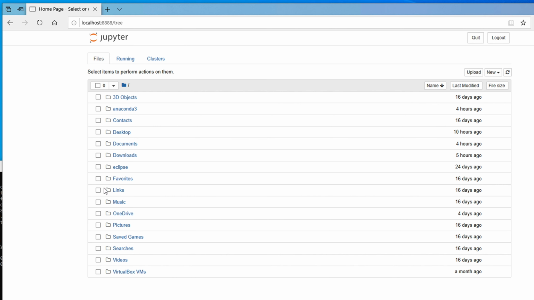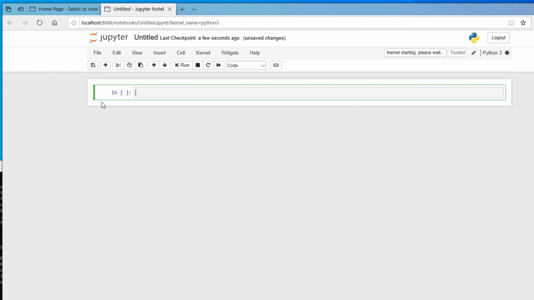This is a Jupyter Notebook window, and from here you can open a Jupyter file or you can create a Python file by pressing New and then choosing Python 3, and after opening that you can start typing the Python command over there. In Jupyter, each row is called a cell. If we want to print some message, then we can type the print function, and inside it we can put some string. So I'm going to type the print function, and inside it I'm typing a message like welcome,